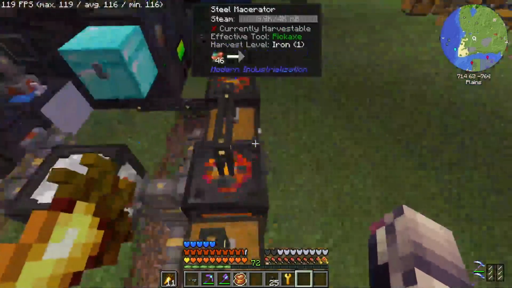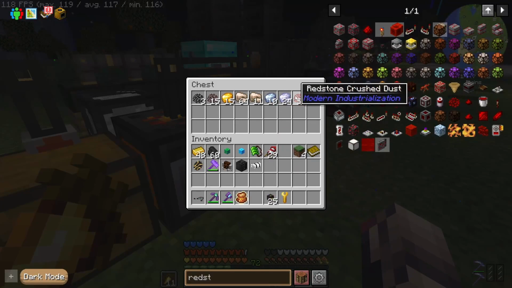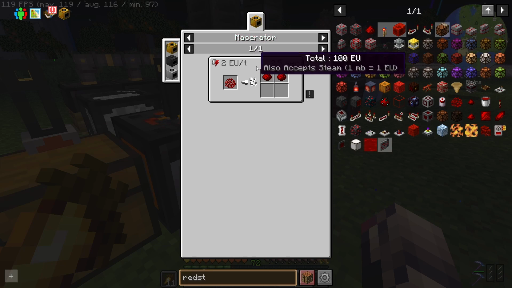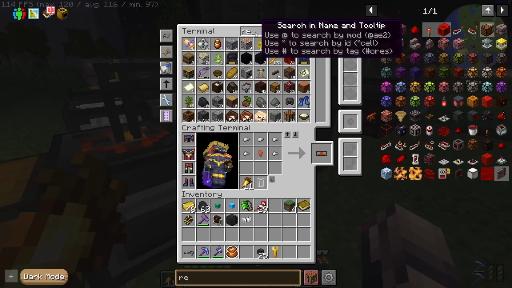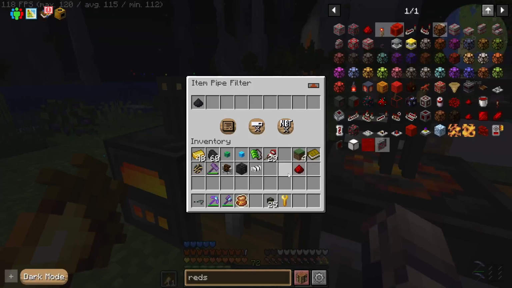So we're going to look at probably getting quite a few things on the blacklist once we get them. But here's crushed redstone ore, and this can just go into a macerator to then become redstone dust, which means that we also need to filter out redstone. So there's quite a few things that just need to be straight up filtered. All right, so this,